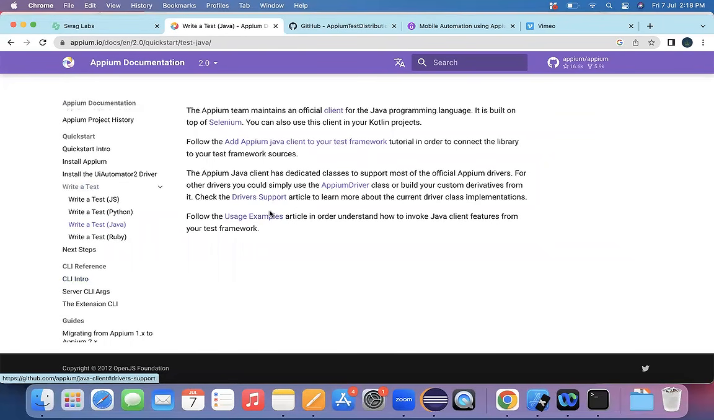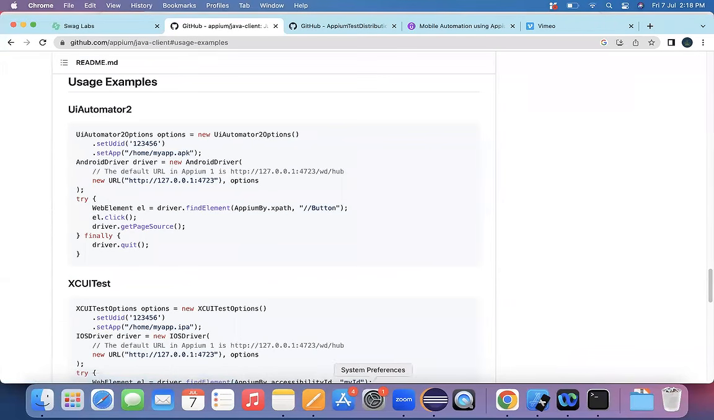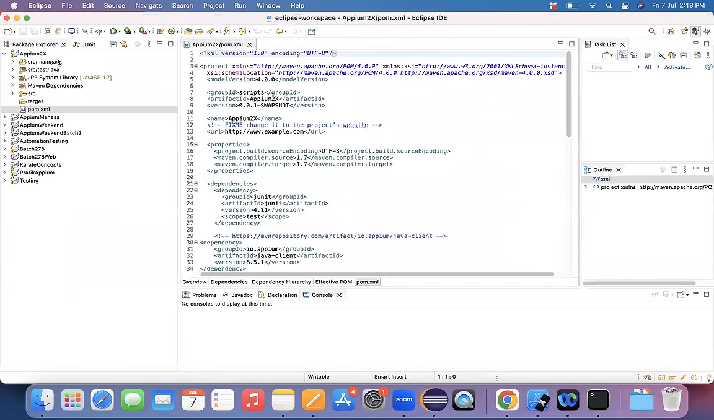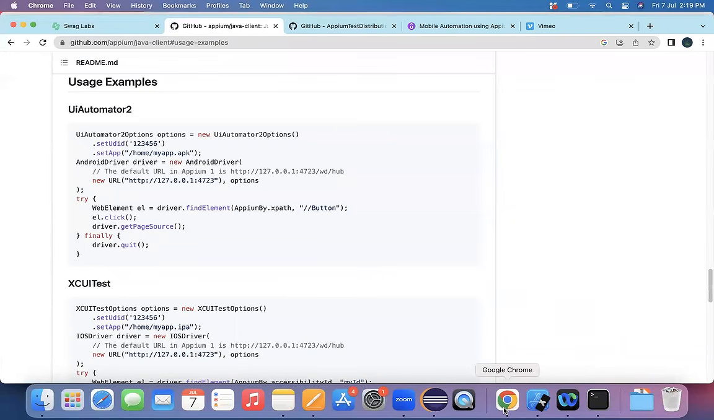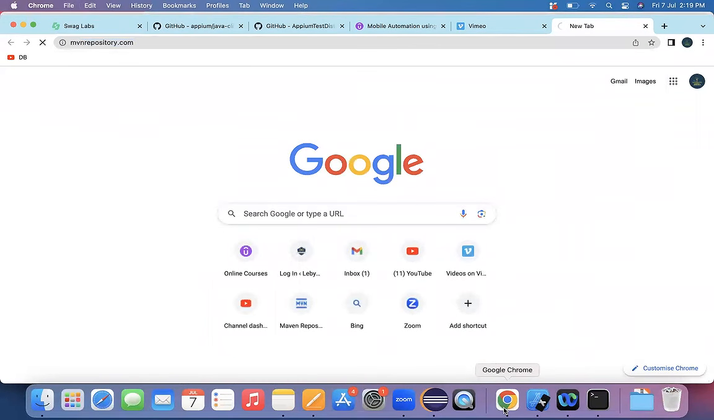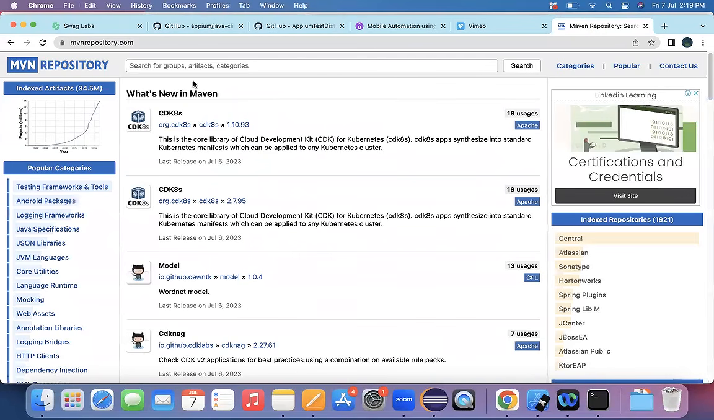I want to write a test. Follow the user examples. As per this documentation, they are saying that you need to create a project and configure it with the Appium Java client. Once everything is configured, then use these examples. We have already created Maven projects earlier. For this 2.x, I created a new Maven project, and in the pom.xml file, let me navigate to the MVN repository